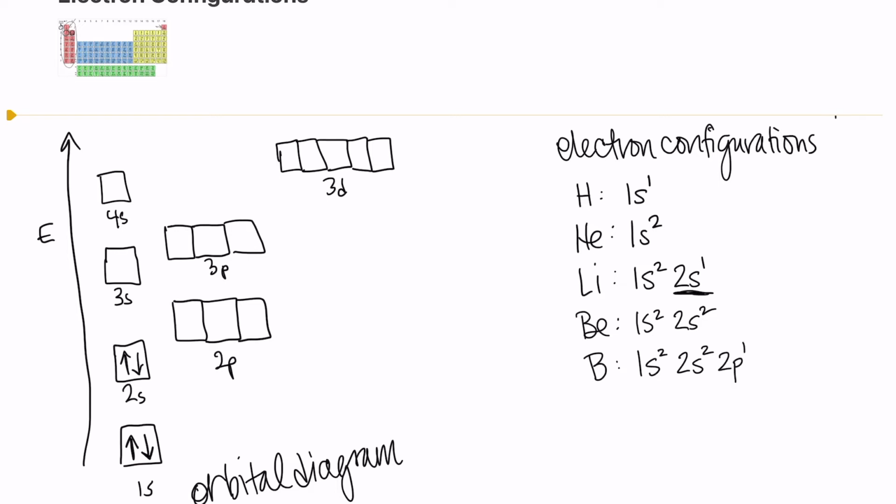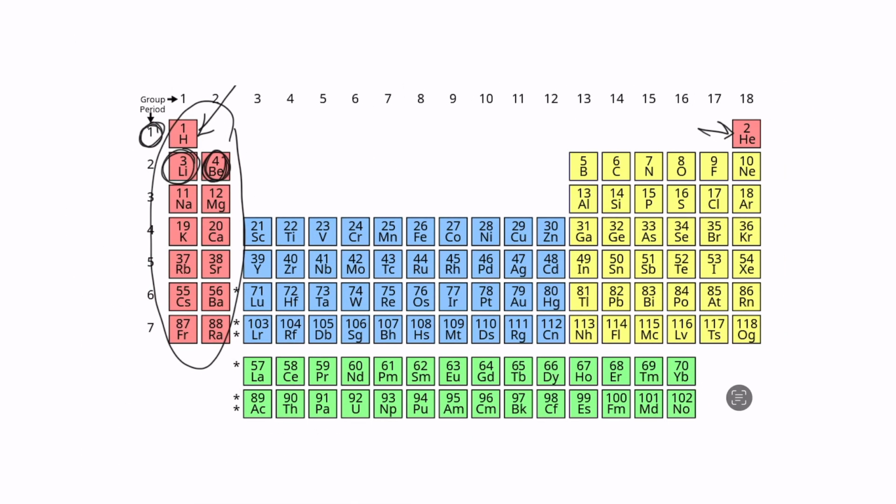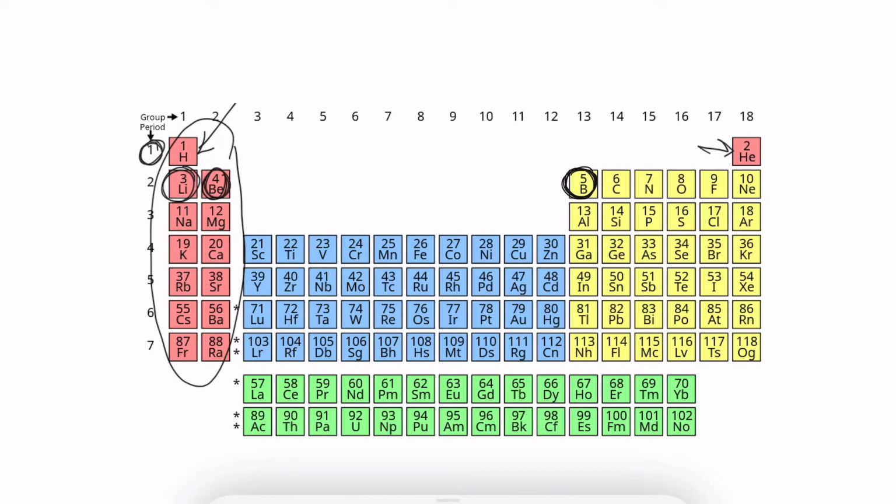And I'm going to put that electron right here. Still following all the same rules. As I've gone along, I started at the bottom, I'm working my way up. I'm filling up the energy levels before I go on to the next one. Everything is working fine. If I look at beryllium on the periodic table, boron on the periodic table, then I